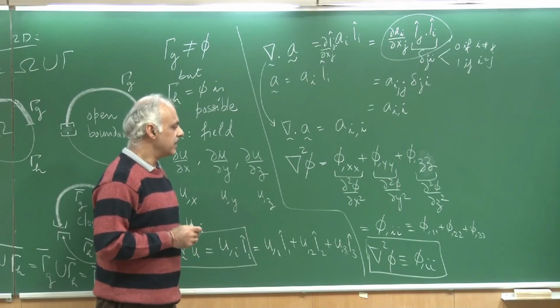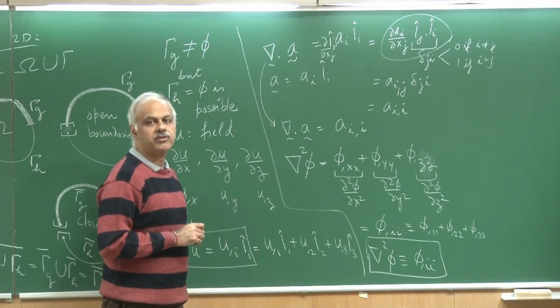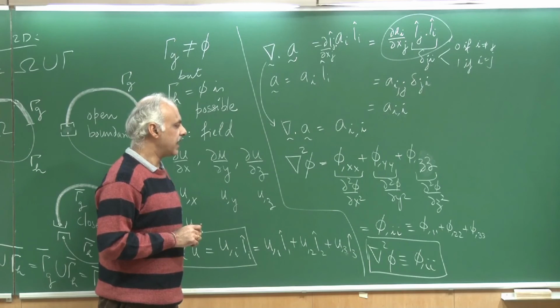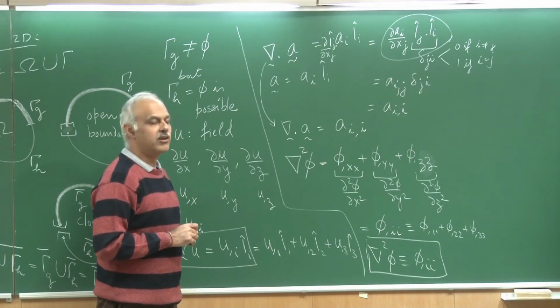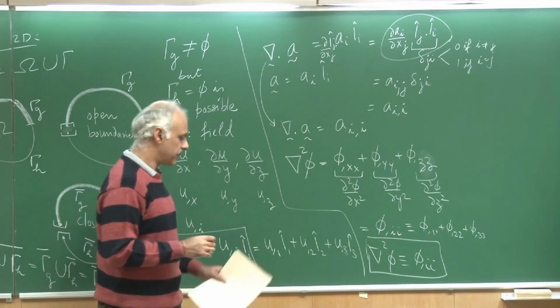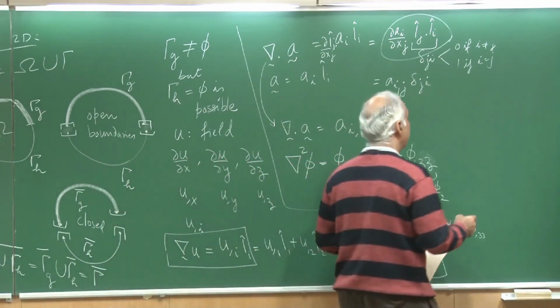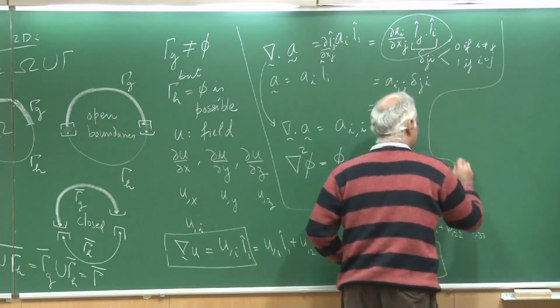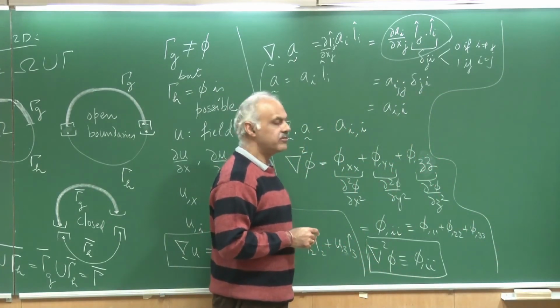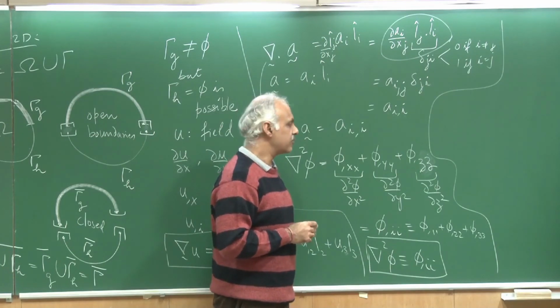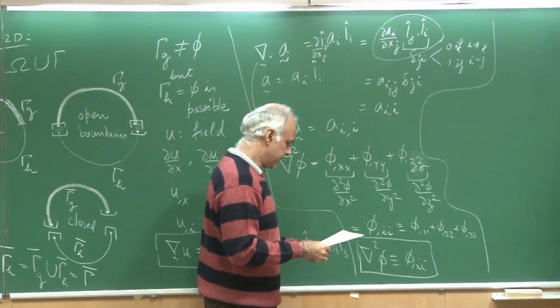Okay, so the index notation is extremely powerful, and it helps us in manipulating many of these vector and tensor operations. We are also going to assume that if we have more than 2 indices, then we will not sum them up. Okay, so only 2 repeated indices would imply summation.